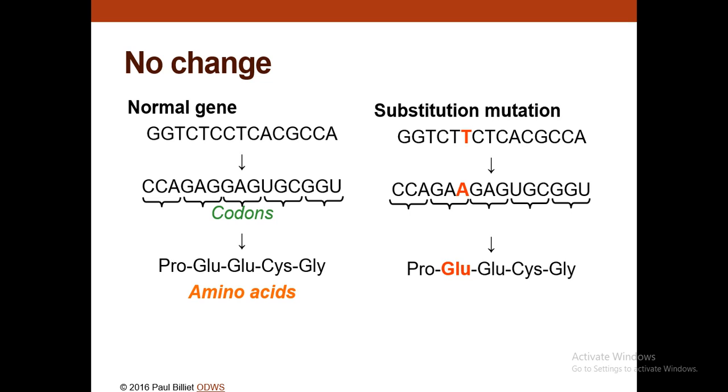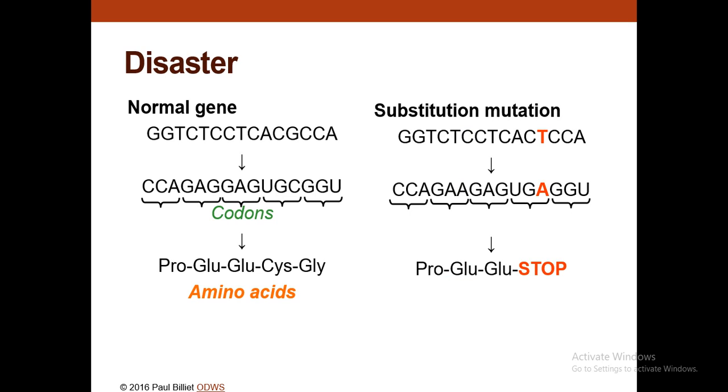So you can see here, even though there is a change in the chromosome, like for example this one, even though there is a substitution that happened, still the amino acid that has been created is the same. Okay, so there is no change. It is not detrimental. Okay, and it could be disastrous if a substitution mutation led to the promotion of a stop codon,